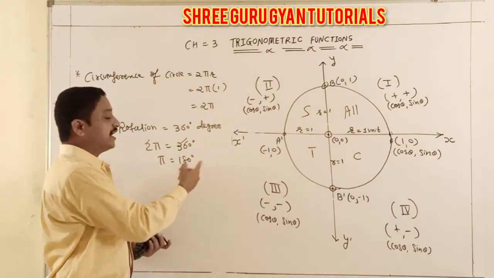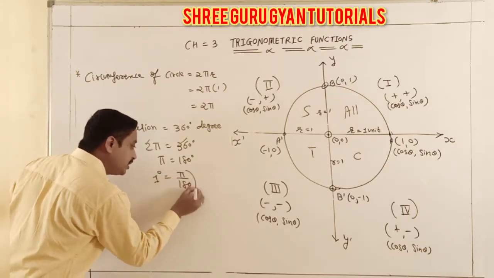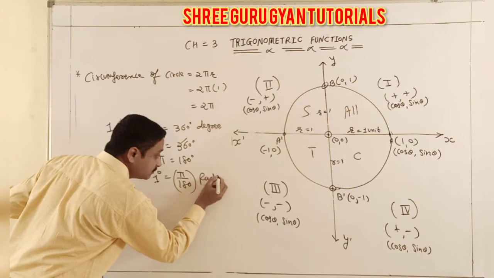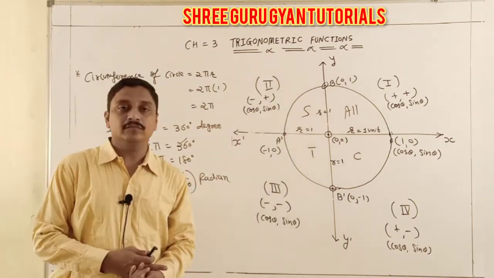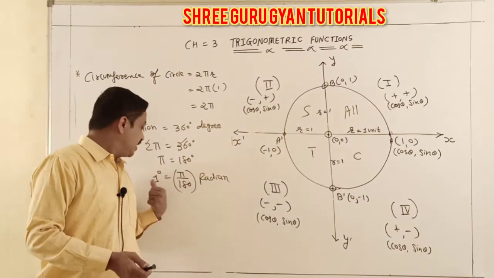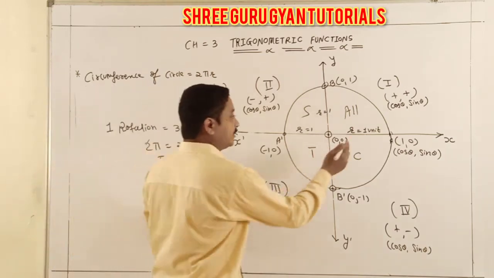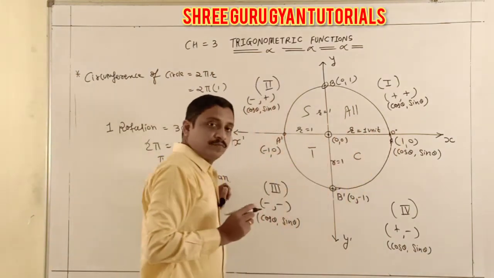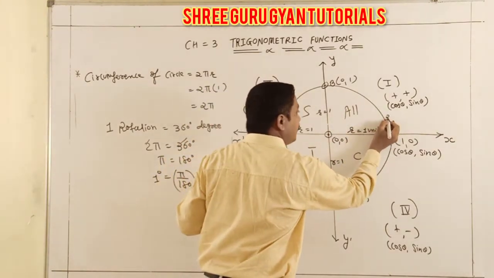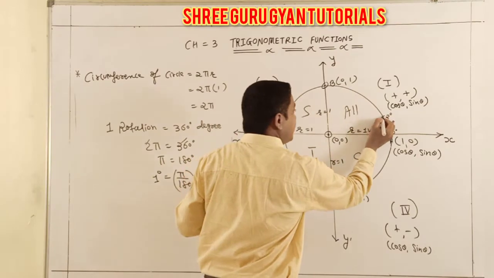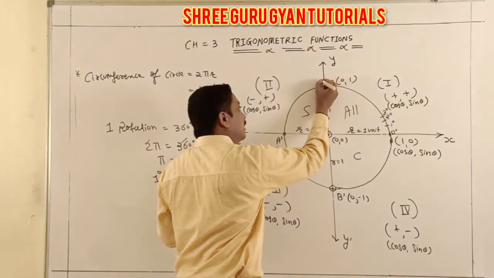And then after that, 1 degree is equal to pi by 180. This is our radian measure. Yes, that's our first part ending. So students, here 1 degree indicates pi by 180 radian. 1 degree means this one. Here 0 degree, here 1 degree, same as 2 degree, same as 3 degree, going up to here our 90 degree.